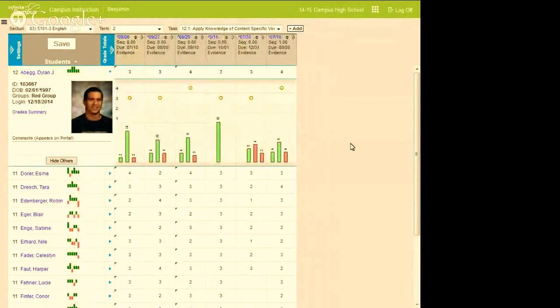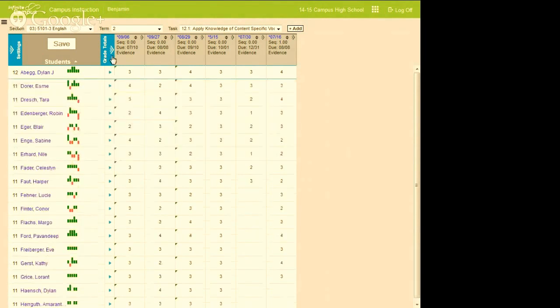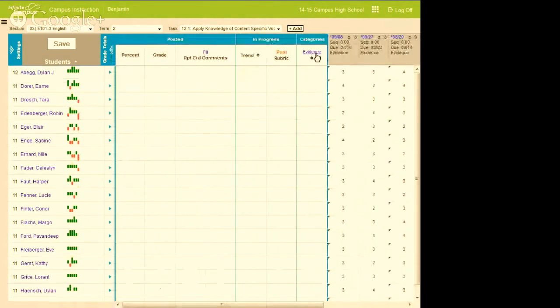4321, ESIN, any type of rubric that your schools are using. And then what the system can do, so think of it as basically showing evidence of a student being proficient in this standard. That's really what we're doing. Because of all of these scores, we think that Dylan is proficient in this particular standard. But you can actually tell the system how to calculate that.